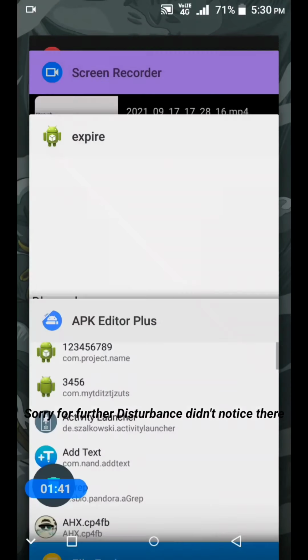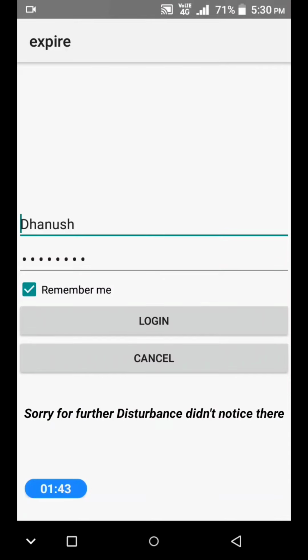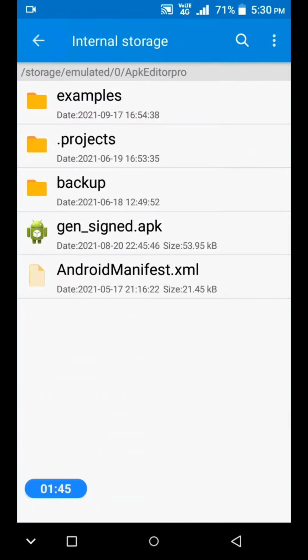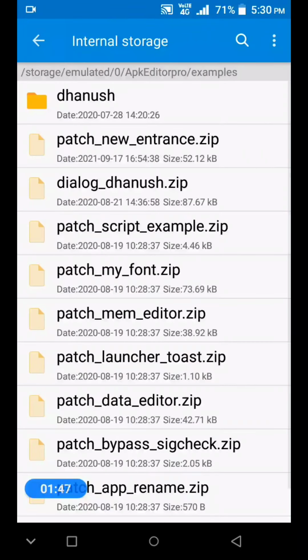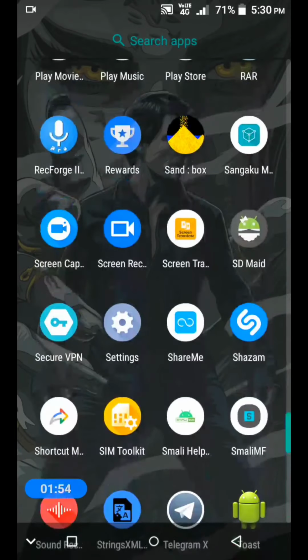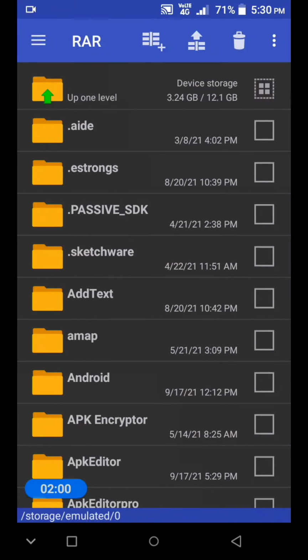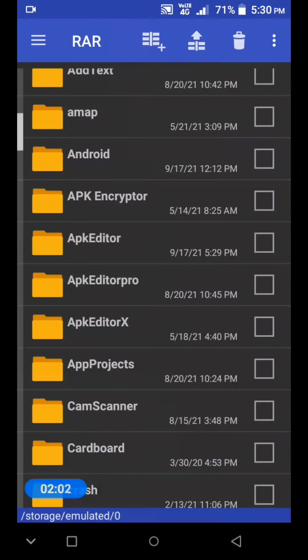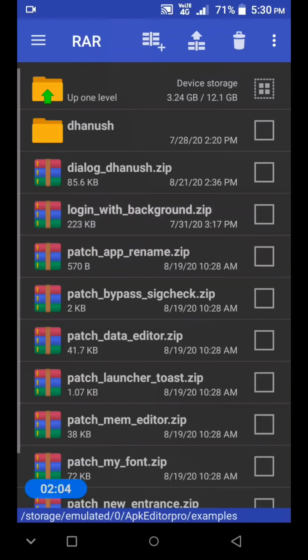In the last video I told you why I named the package com.example.happypatch. You are going to know the reason in this video. So I'll open the RAR app. Here, examples.